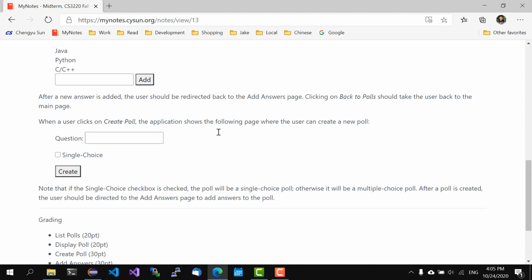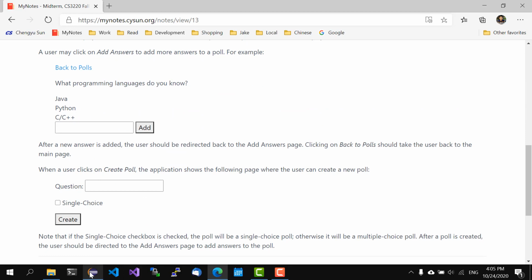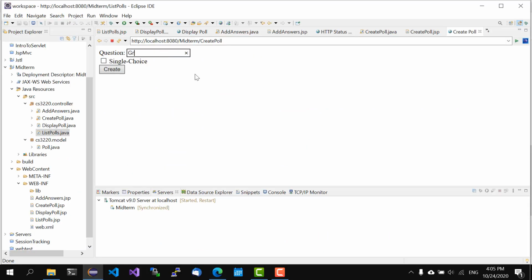And let's create this one, greatest basketball player of all time, and we'll say greatest b-ball player, and it should be a single choice. So let's say MJ, of course, and LeBron James, and Magic, Russ. Okay, so well,